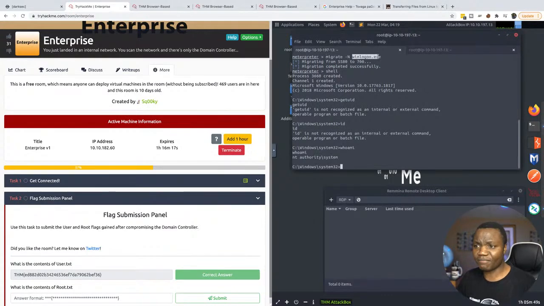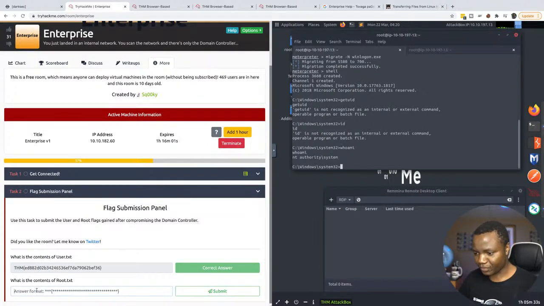That's the only one that I've migrated things to. I know there are other services out there that you can migrate things to. WinLogon.exe, every single time, works. So that's what I migrated to. So now let's get our flag and